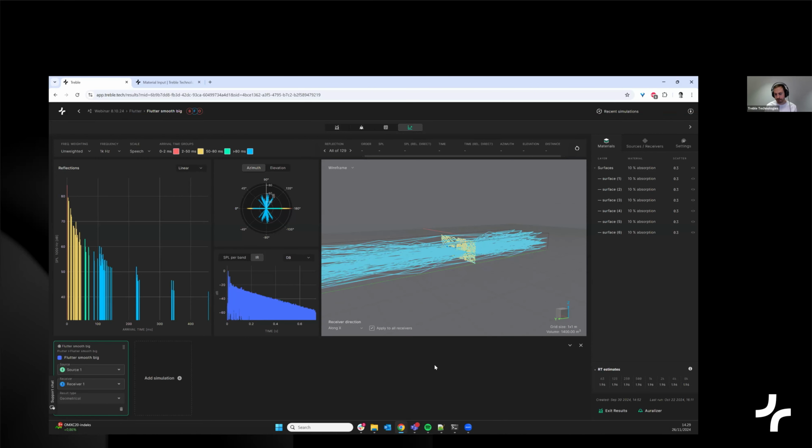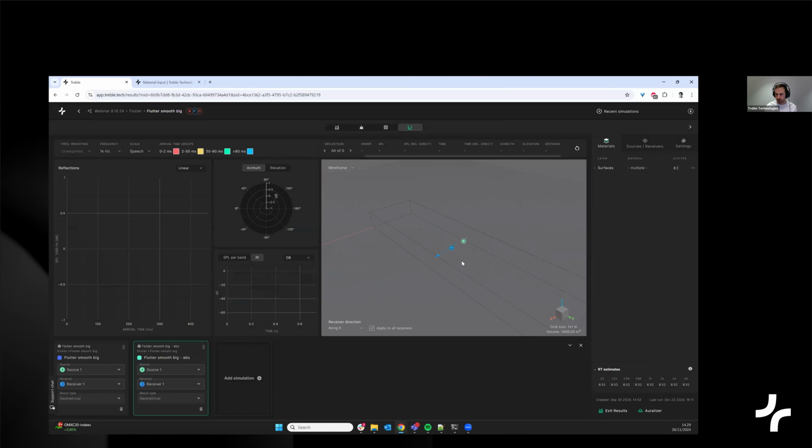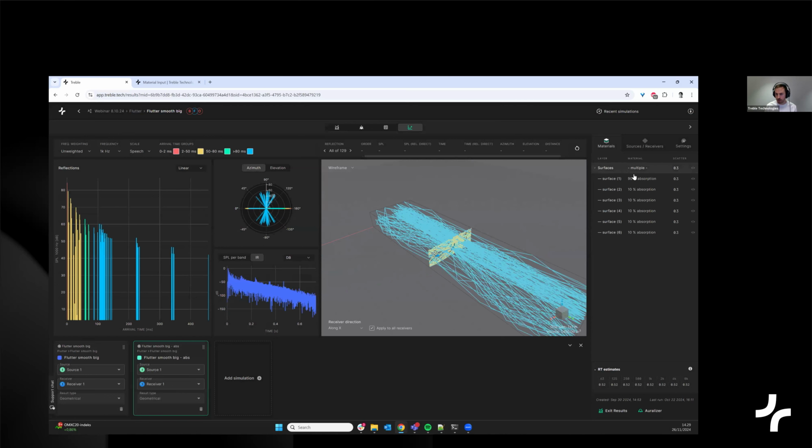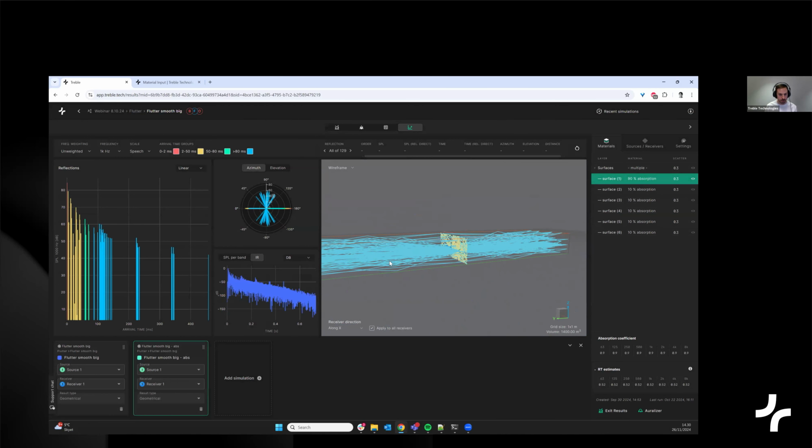And then it's interesting to view, if we add in comparison where we have updated the model and put in a 90% absorption in the ceiling, but kept the same 10% absorption in the other surfaces, then it starts to become very interesting to see that in the logarithmic impulse response you're starting to get